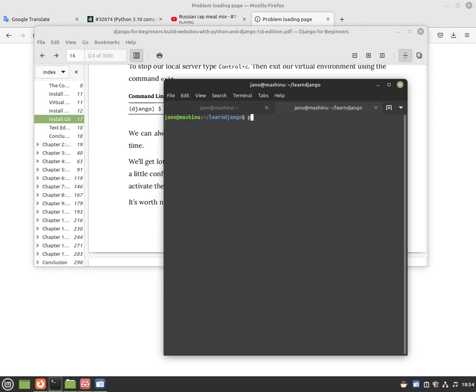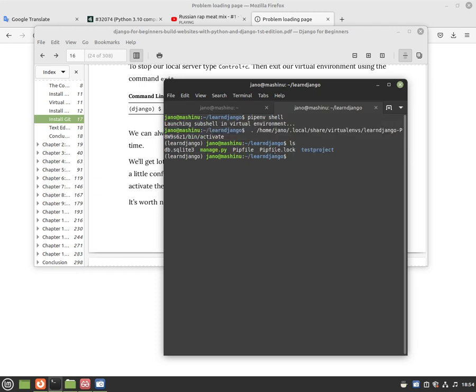Okay, pipenv shell. Yes, it activates it from here, yes. So I have to be in the root directory where these two files are, I guess. Not sure, but